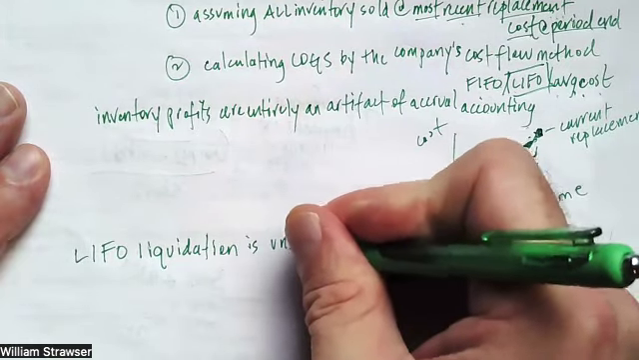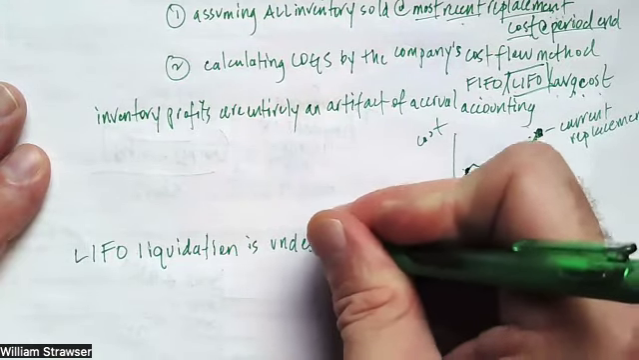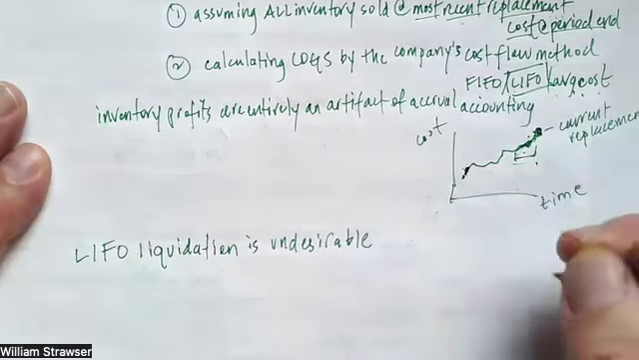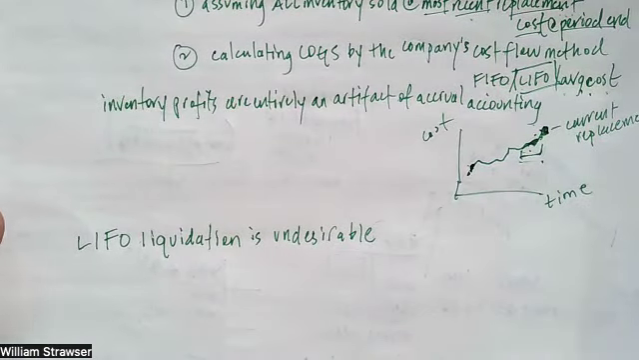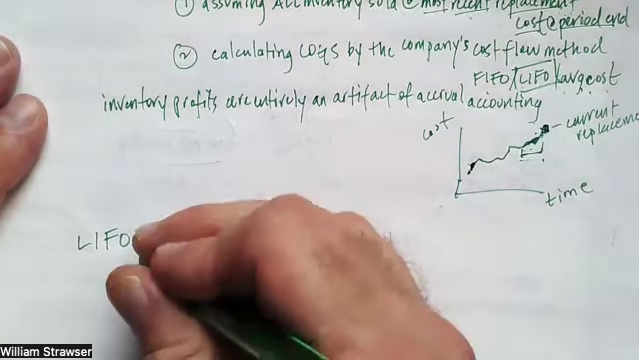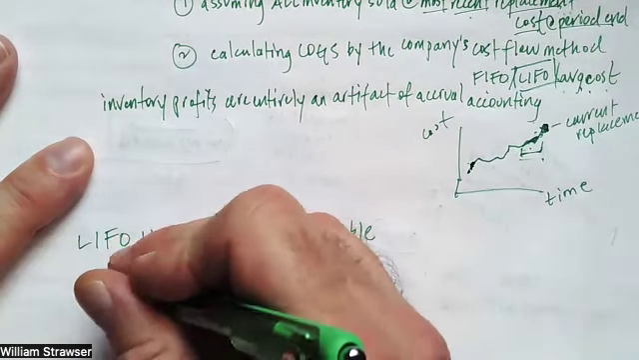The whole purpose of reporting under LIFO is to get those higher inventory costs and report them as a part of cost of goods sold, because we want higher cost of goods sold, because we want less taxable income, because we want lower taxes. LIFO liquidation is when we sell